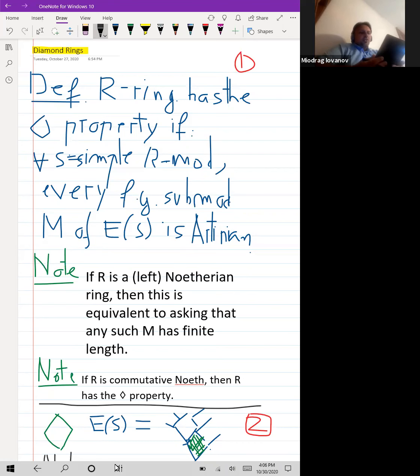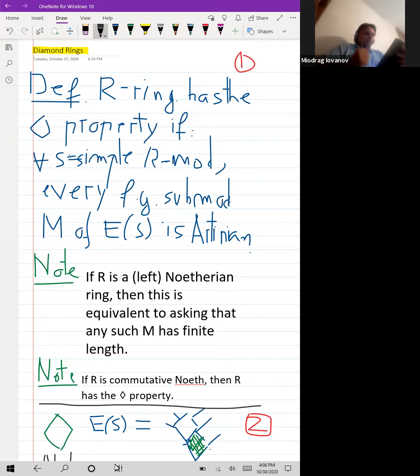My motivation for looking at this comes a little bit from the non-commutative world. But while looking at this, I realized that even in the commutative world, there was something done, but not much